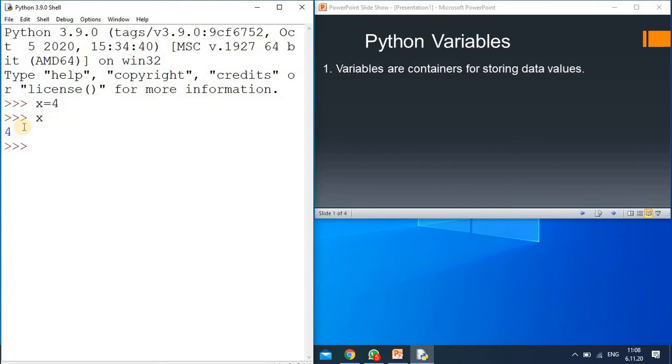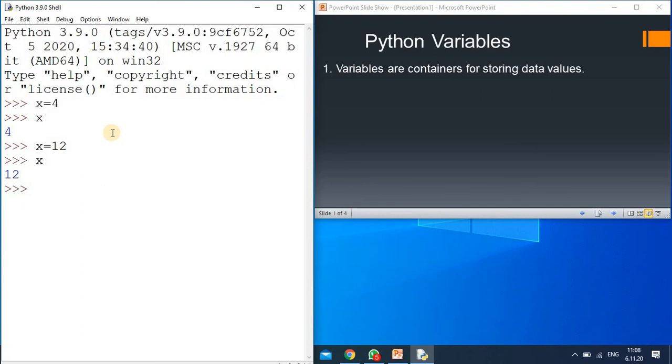Keep in mind one thing: after this arrow we write the command, and once you press the enter key you get the output. Suppose I write x equals 12. Now if I write just x and press the enter key, you get the result 12.